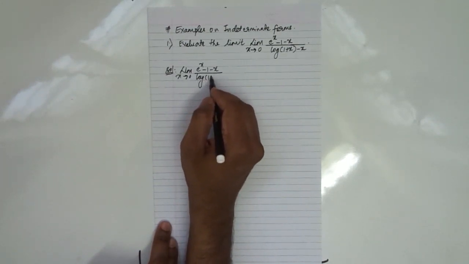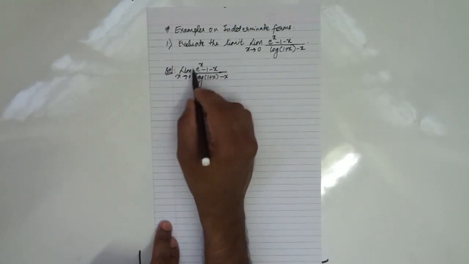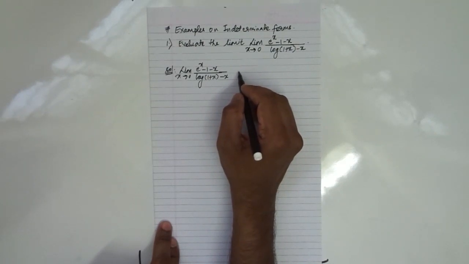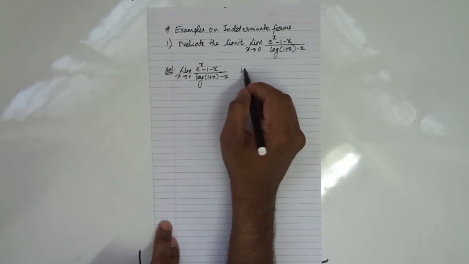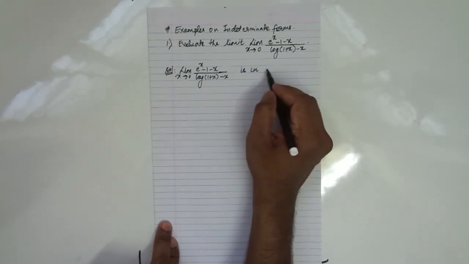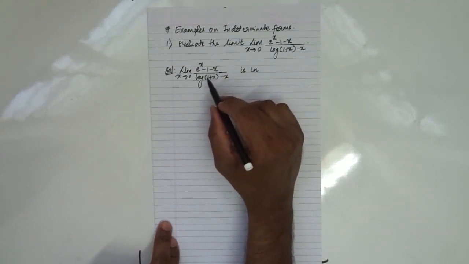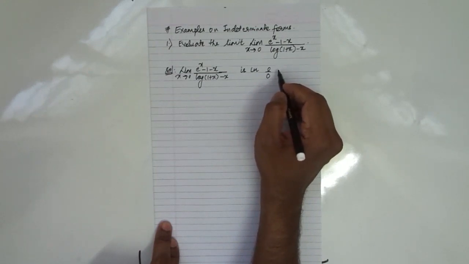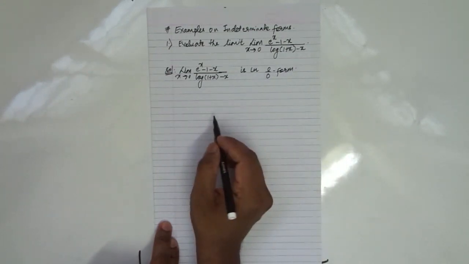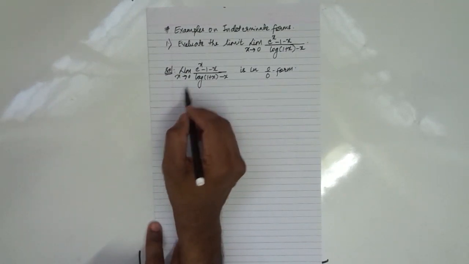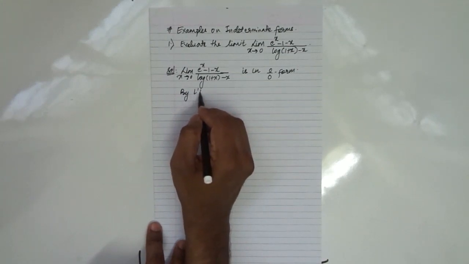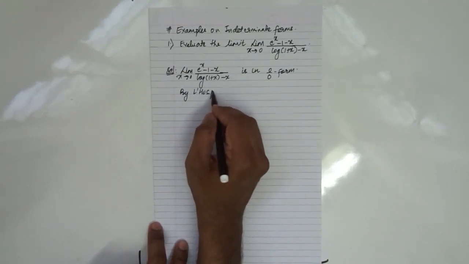If we put this limit into these functions, we observe that this limit is in zero upon zero form. So we use L'Hospital rule. So by L'Hospital rule,